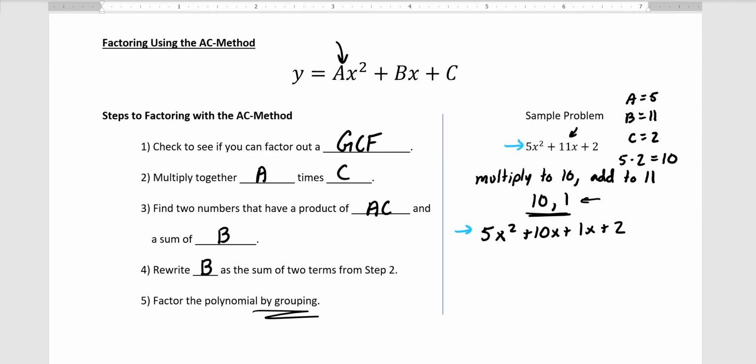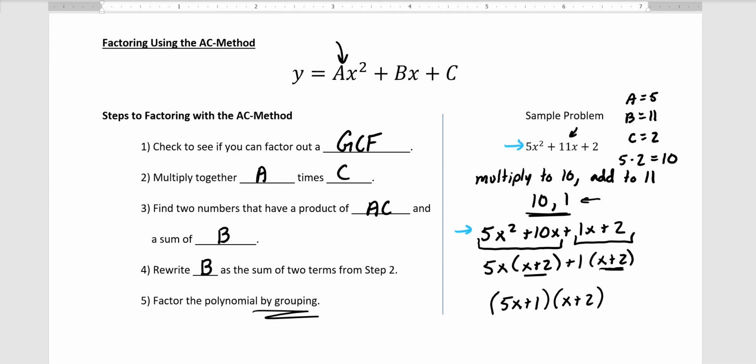By grouping. So 5x squared plus 10x is my first binomial. X plus 2 is my second. I can take out 5x here. I'm left with x plus 2. Now there's nothing to take out here, but remember we can always factor out 1. And that gives me the x plus 2 I need. Remember, these two need to be the same, the two values inside the parentheses. And when they are, that allows us to say 5x plus 1 times x plus 2. And that is how we would factor